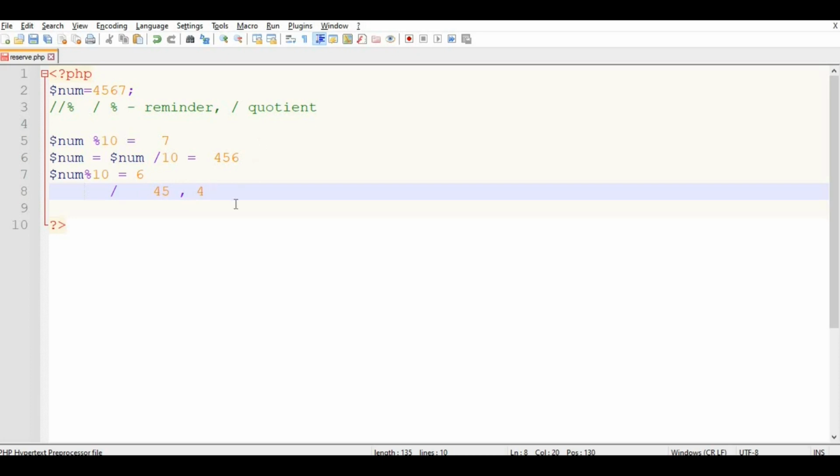We need this sequence, but the number should not go below 1. It should always be greater than or equal to 1.